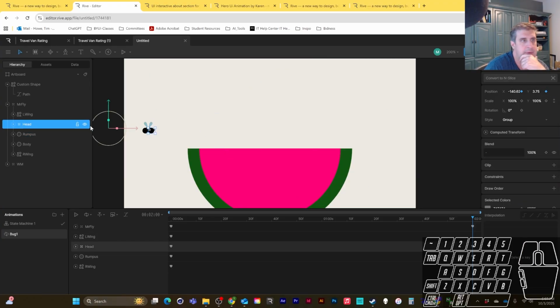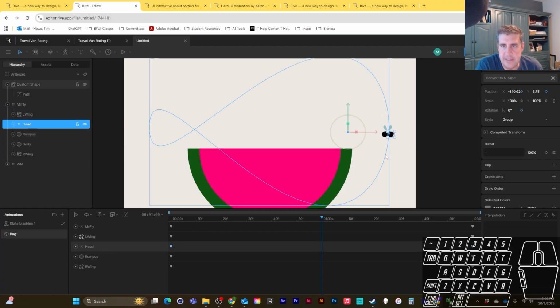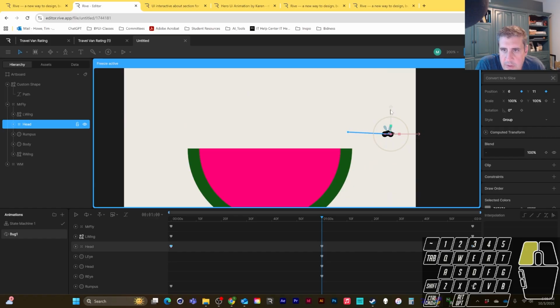Head, the wing, right? Assuming that they're all going to start and end at 0 so it can loop nicely. Okay. Now the wings are going to be a separate thing, but the head in this case needs to shift to the other side of the body. So right now the group is off again, so I'm going to whack that Y key. Let's get this anchor point somewhere a little bit more